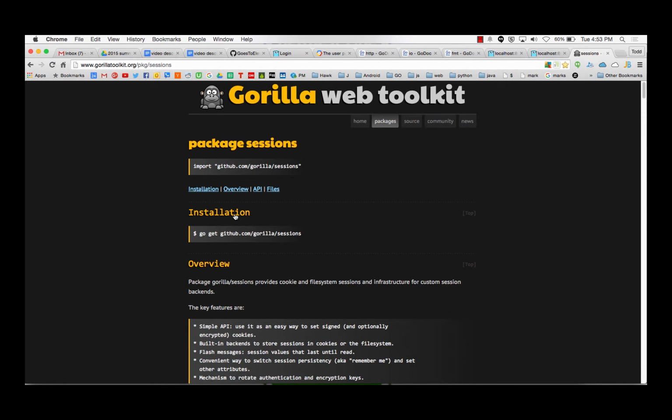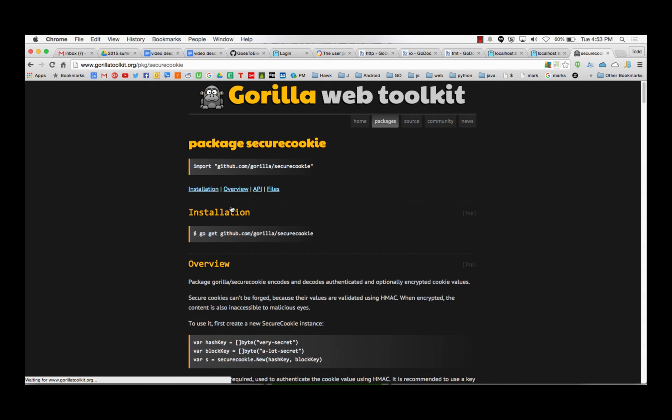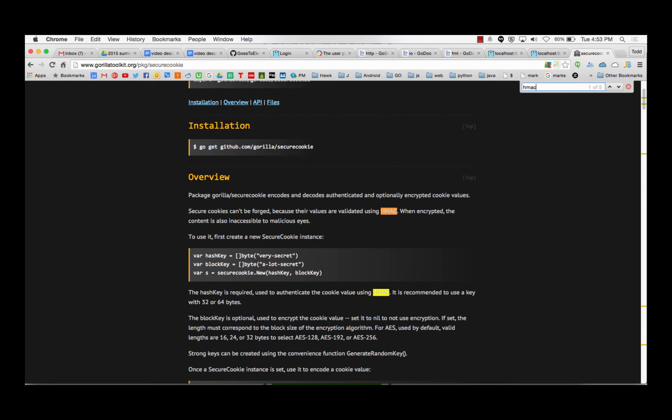But the session bit's nice here because if you do the HMAC, and we looked at HMAC early in the semester, somewhere in here, maybe it's secure cookie. So the sessions do a secure cookie, and that means it's all encrypted and encoded, so it's secure.